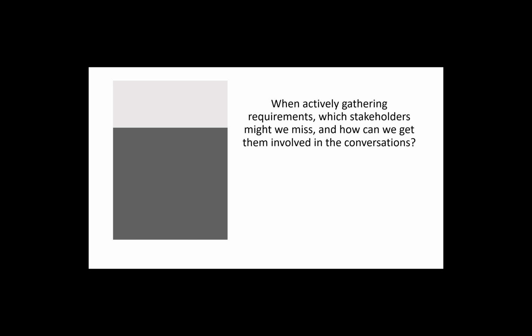But what I also think is a key activity that I try to do is a little bit of job shadowing. When you actually ask to shadow someone's process, it's one thing to sit in a meeting room where they say, well, here's our process. We start here, we do this, and then we do this. It's another to watch it in action. That's where you begin to see, oh, I need to talk to Sally down at the warehouse. And you realize, well, how come we didn't talk to Sally before? Then you can begin to engage in some of those conversations while doing some of that requirements gathering.